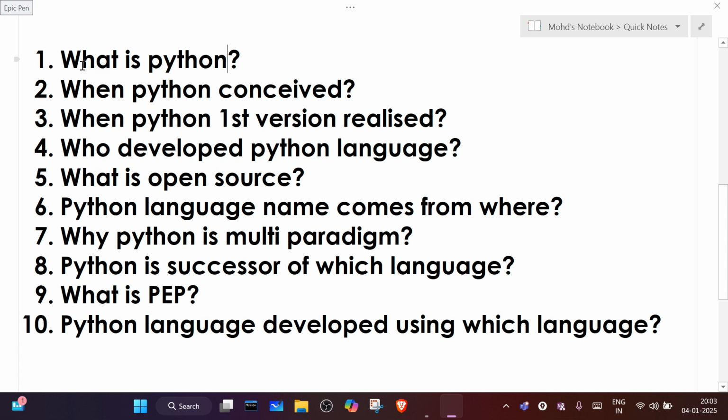Anything else? Anyone want to tell about Python? It's a multi-paradigm language. Yes, it is multi-paradigm. We will discuss what multi-paradigm is; we already discussed it as well. Anyone else want to add something to the Python definition?